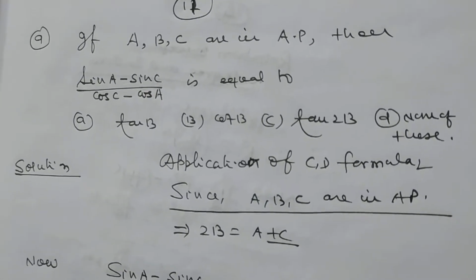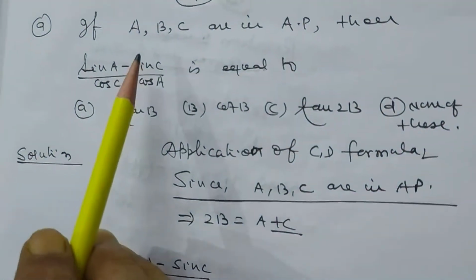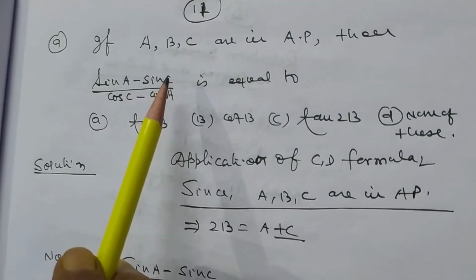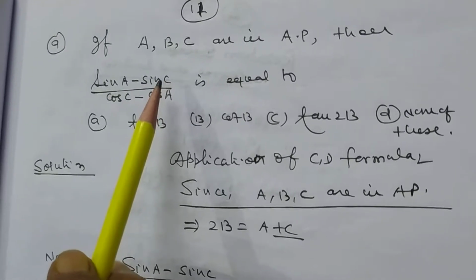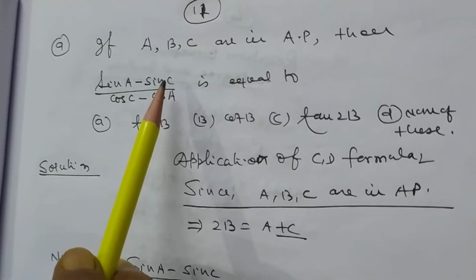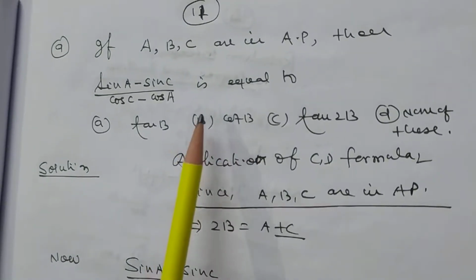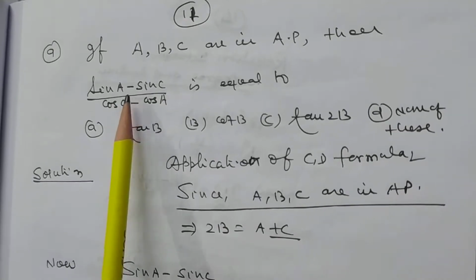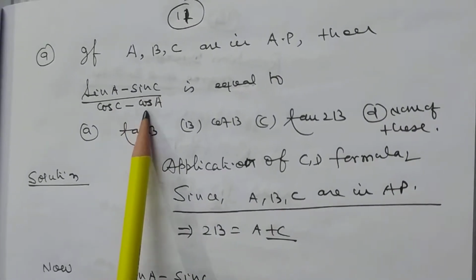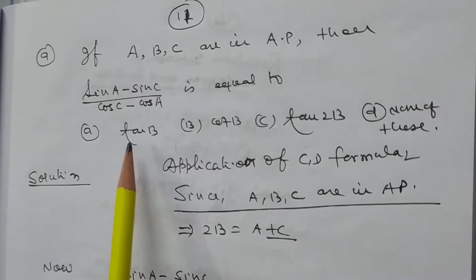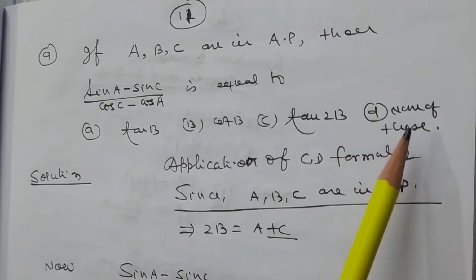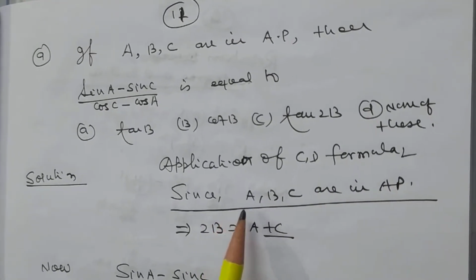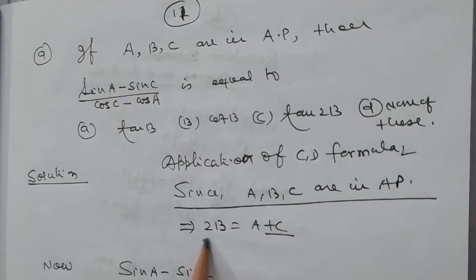My dear loving student, now I want to discuss a problem of AP involving trigonometrical ratios, the sine formula, cosine formula, CD formula. Here A, B, C are in AP, then (sin A minus sin C) by (cos C minus cos A) is equal to: tan B, cot B, tan 2B, none of these. Application of the CD formula here involves A, B, C in AP, so 2B is equal to A plus